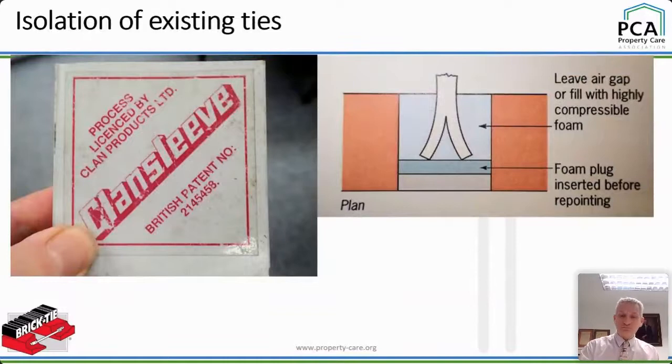Okay, so when we're talking now about how to deal with corrosion, all right, I mentioned full removal, didn't I? Nearly all wall tie jobs are a 2-stage operation. We've got a house with rusty wall ties in. Well, they're no good, they're rusty. We're going to have to put new ones in.